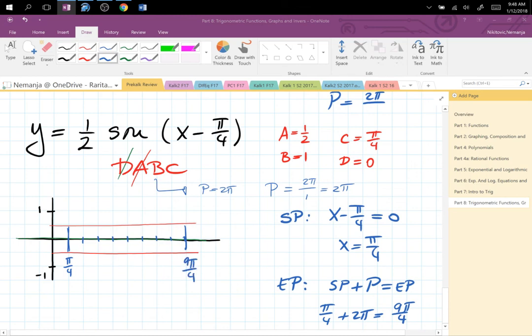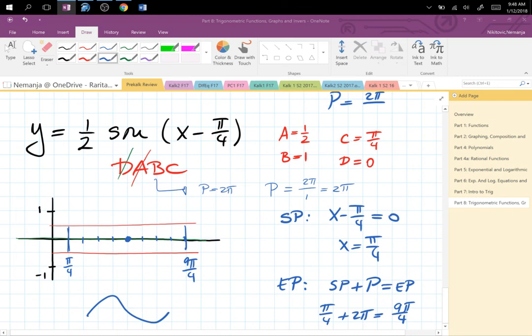Notice that I never put any pi over 2, none of that stuff, because I don't need them. My start point is at pi over 4. That's where the universe begins for this graph, and it ends at 9 pi over 4. All I need to do now is to just go half, half, half. So between pi over 4 and 9 pi over 4, this tick mark over here is the half, and that's